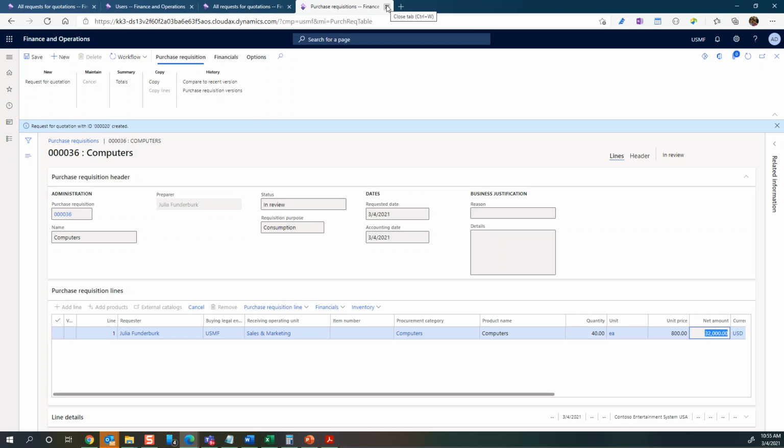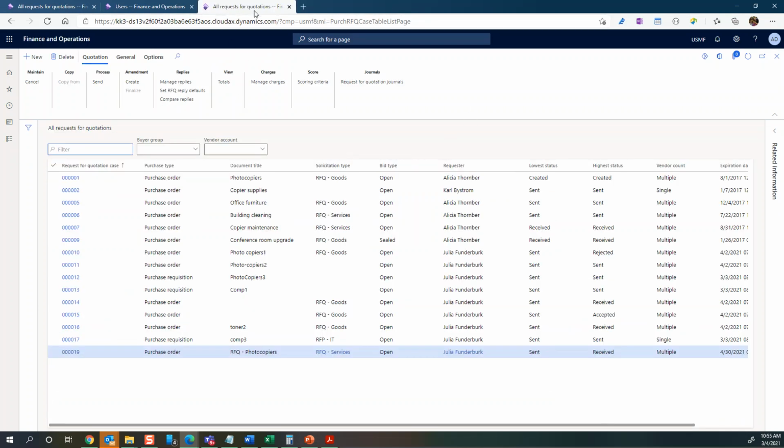Let's just leave that for that, and let's go back to our request for quotation list page, where we can create it manually also. As a third, I believe you can create an RFQ from a planned purchase order as well, but we won't cover that here. So let's go and create an RFQ from scratch here from our RFQ list page. So I'll select new,